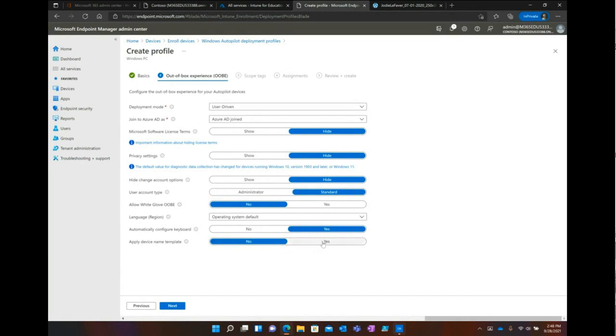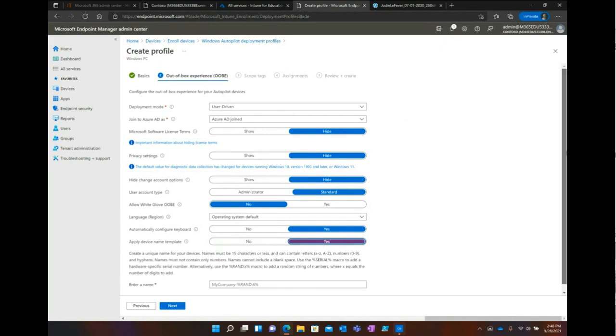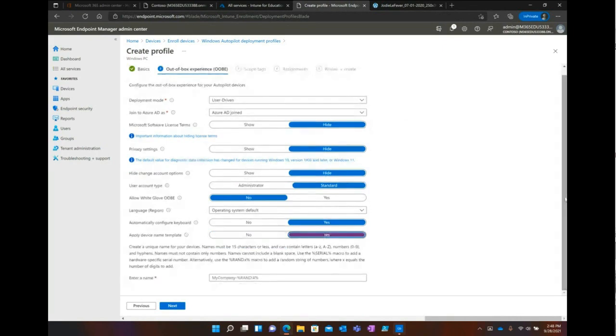And you can apply a device naming template. If any of you have used Windows Configuration Designer, this is going to look very similar. So yes, there's not a lot of naming templates or naming options available, but that's because we don't need them anymore. This is a work anywhere, device anywhere world, and we're not so much naming them by building and room number and everything like we used to.